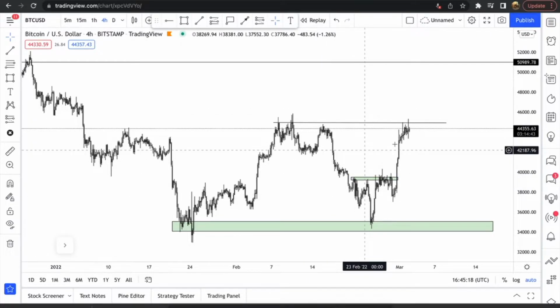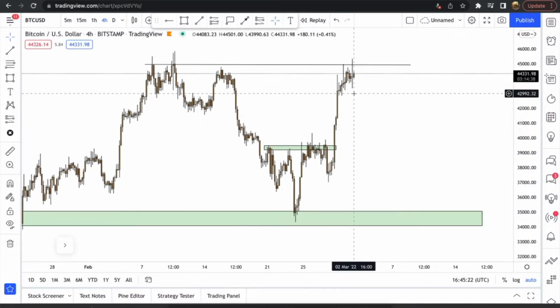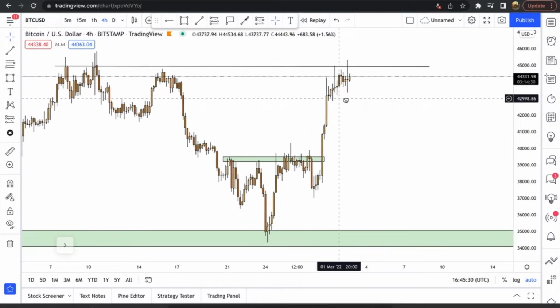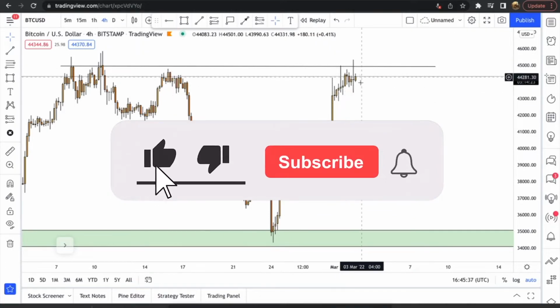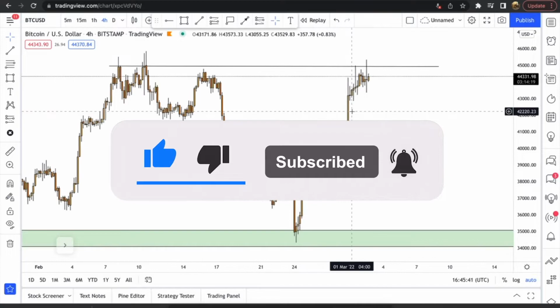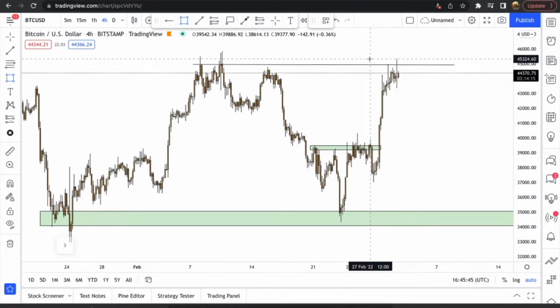But what I'm interested in now is, you can see that we've pushed back up into this level, and this is where we are. But what I'm finding interesting is, not really seeing too much selling pressure coming in from this level. We've got wicks from the tops, we've got wicks on the bottoms, but not much volume within the candles. We're just slowly climbing up a little bit. So what I'm interested in now is just to see how things form from here.